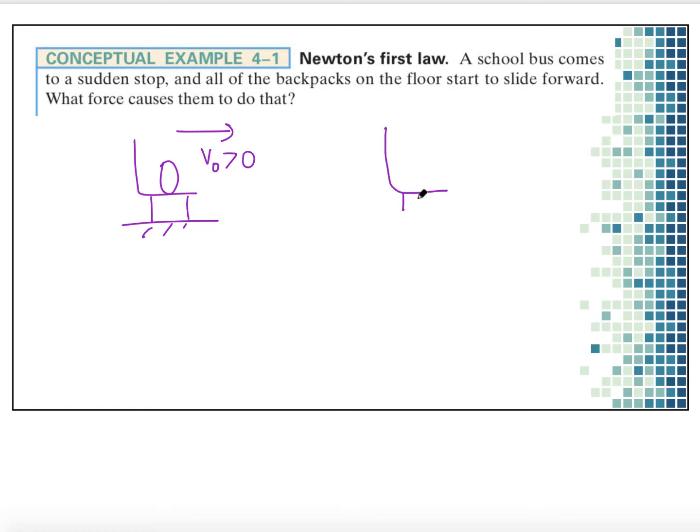After the bus slides to a stop, the chair is not moving, but the backpack continues to move. Why is that? So the reason why does not have anything really to do with force. When the bus stops, the backpack continues on. Why? Because of Newton's first law. Its inertia is causing the bag